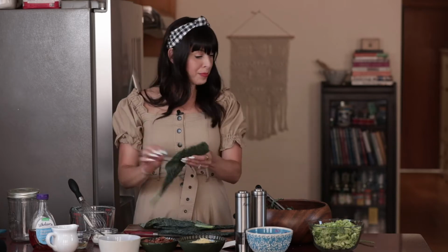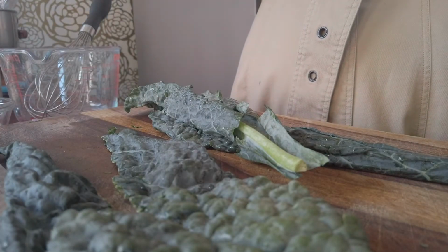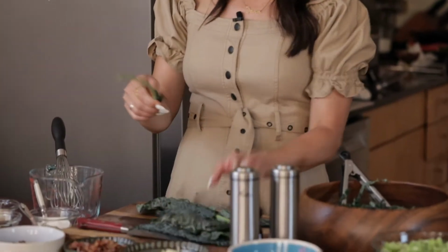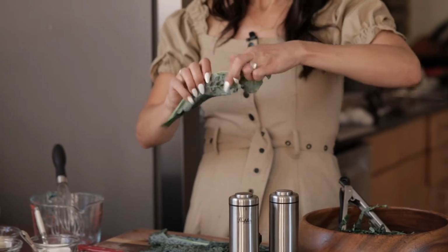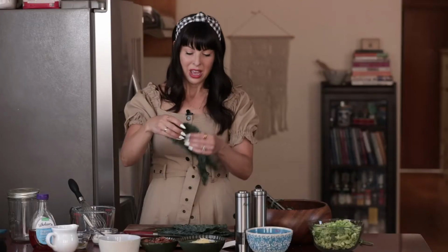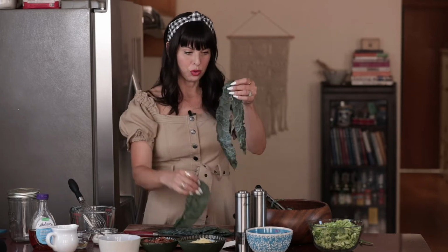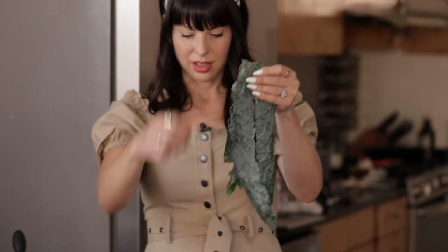And I'll make a pile to compost these larger stalks, but they'd probably actually still be yummy to saute them, add a little crunch to a salad. But in this salad, I don't need the stalk. There we go. Now that I have the stalks removed, I'm just going to stack the leaves like so,